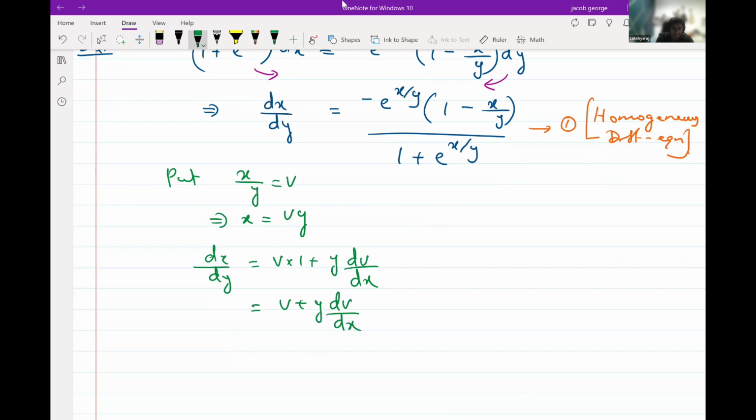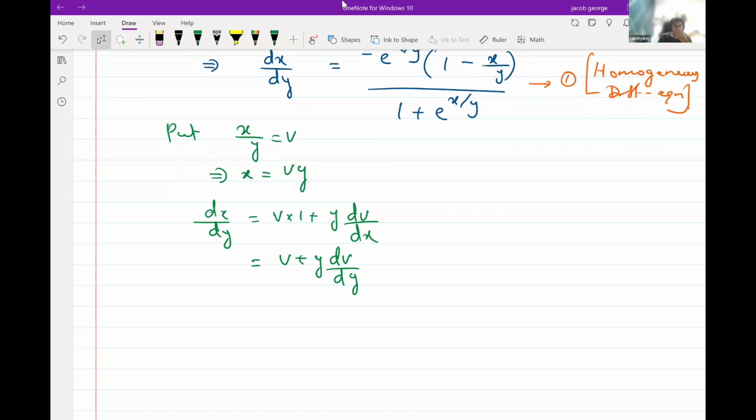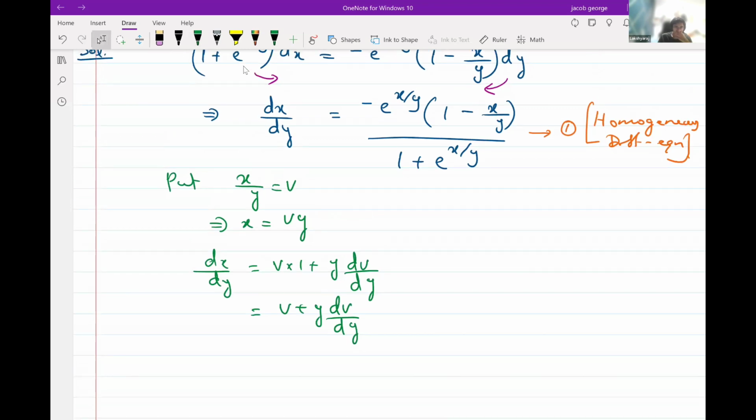It is v plus y dv by dy, not dx. dv by dy. v into 1, because dy by dy is 1, plus y into dv by dy. Now you will substitute this in equation number 1. Is that clear? The derivative with respect to y. And in place of x by y also we substitute. What is x by y? x by y is equal to v. So in place of x by y, you will substitute that one. So we get like this. dx by dy we substitute. So equation number 1 becomes